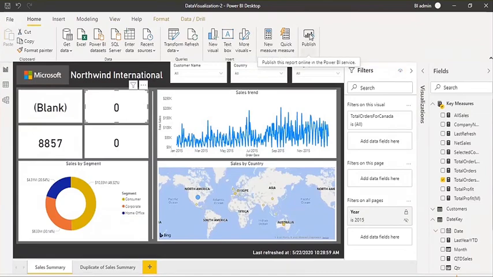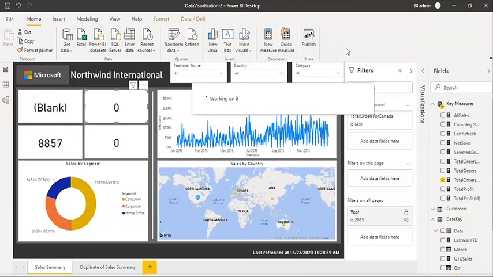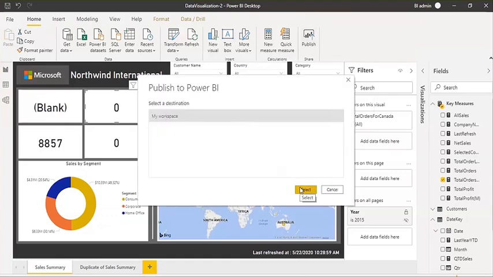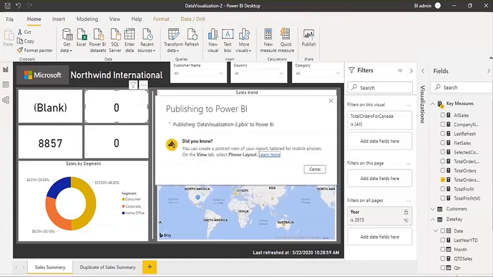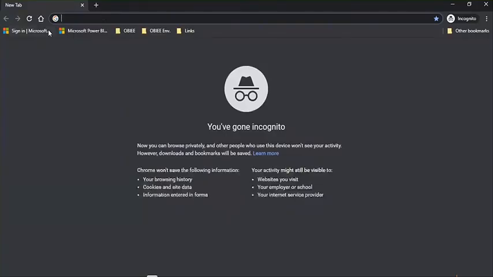In order to publish, you must first be signed in to Power BI Desktop. The second thing is you need to click on this publish button. Save your report. And now you will have to publish into this My Workspace. Okay, so here I'm going to sign in to My Workspace, Power BI service.